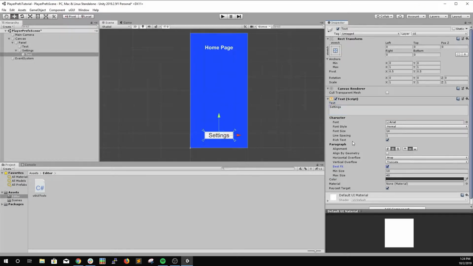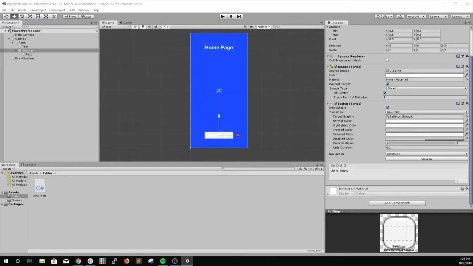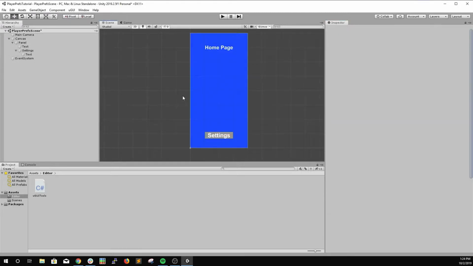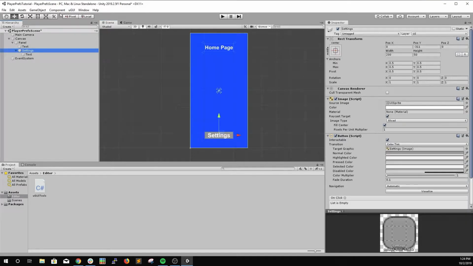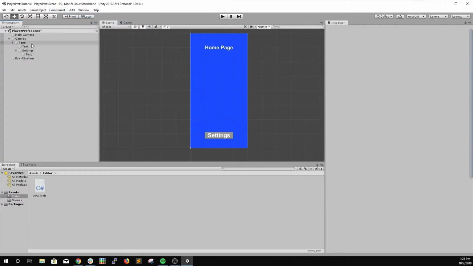Let's again do best fit. It's centered. Let's make it bold as well. And let's change the color of the text to be white as well. And we'll change the button color to be, let's just do a gray. Darker, lighter gray. Okay. So this will be our settings button. I forgot to anchor to corners. Okay, and then